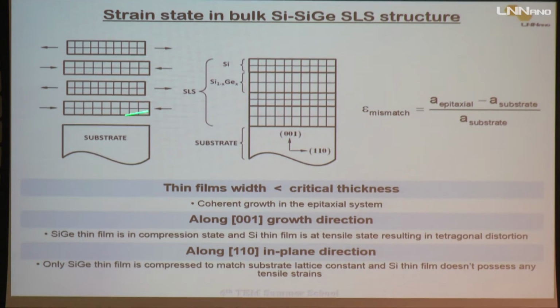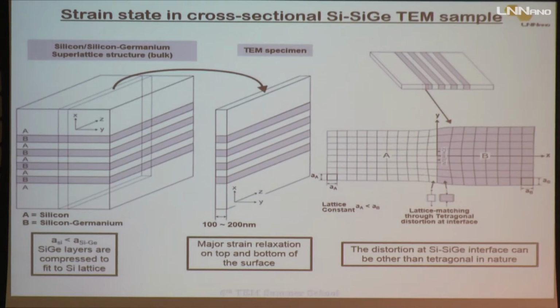So something like in this direction, only the silicon germanium is compressed, but the silicon lattice doesn't have any strain in the parallel orientation. However, as I said just a while ago, when you prepare a sample from this bulk material,